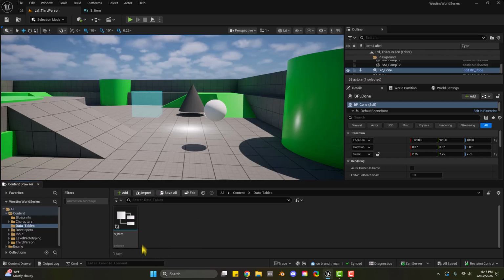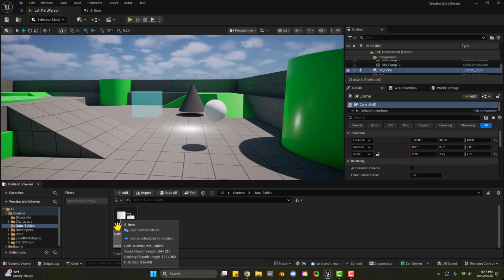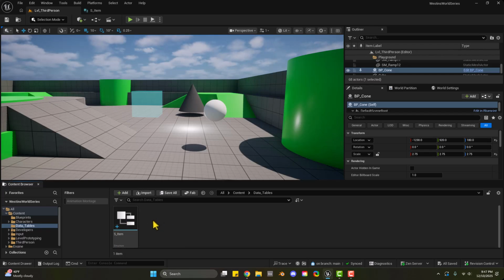Now when I first created this, it was like a yellow checkbox, but now it's this blue plus, meaning it's ready to be checked in. What does the highlight say? Item is scheduled for addition. So in the last episode, we set up our version control. That's what that flags or indicates. Okay, so now that we have our struct,